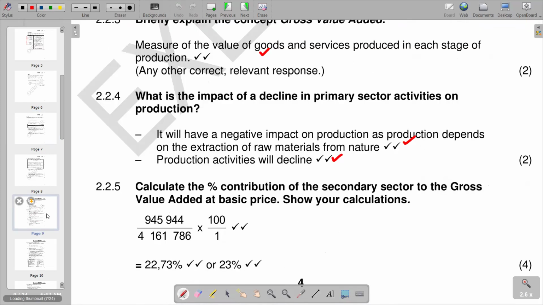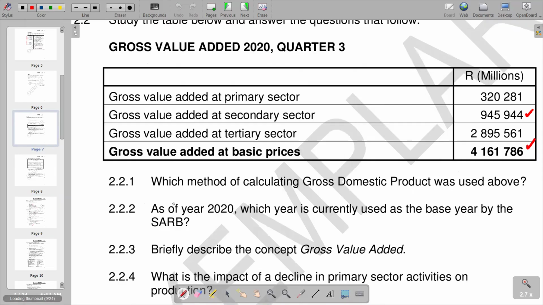This is the typical calculation that we have in our section, and we are supposed to get 22.73%, which we can round off to the nearest percentage, which is to the nearest unit, the whole number. We get 23%. So this is what we have on this part. And then we move on to the next part of our question, which reads,